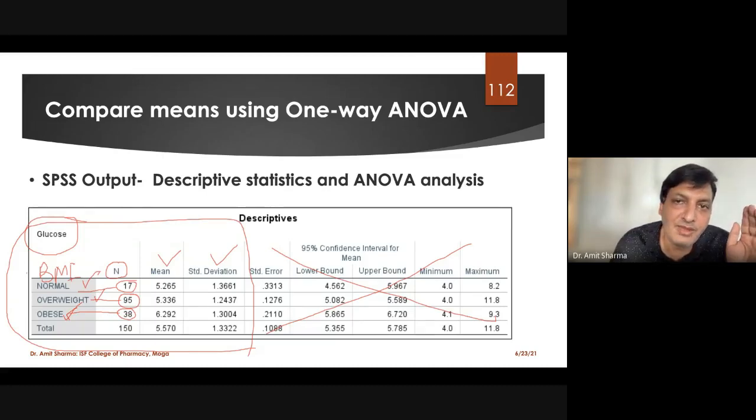Whenever you are referring to a research paper and the author has quoted their result in terms of mean and standard deviation, you can assume that they have applied a one-way ANOVA, not the Kruskal-Wallis. If they have written the median and interquartile range, you can assume they have applied the non-parametric test. When there are more than 2 groups, then obviously the test is the Kruskal-Wallis test.